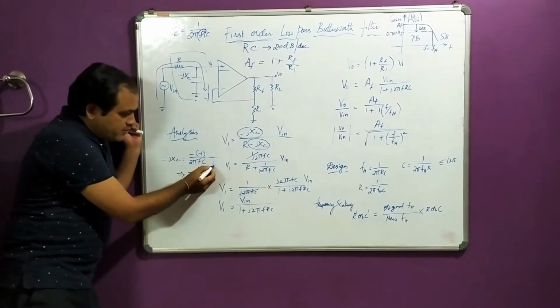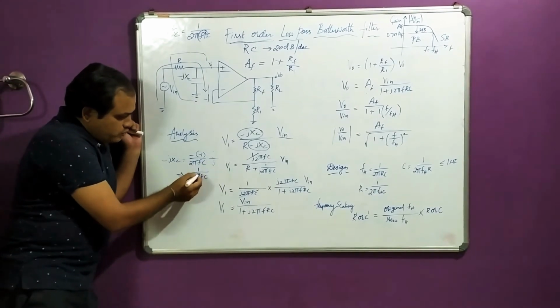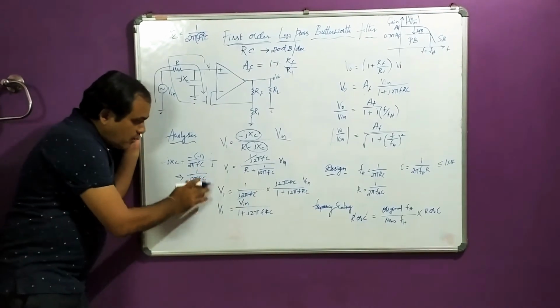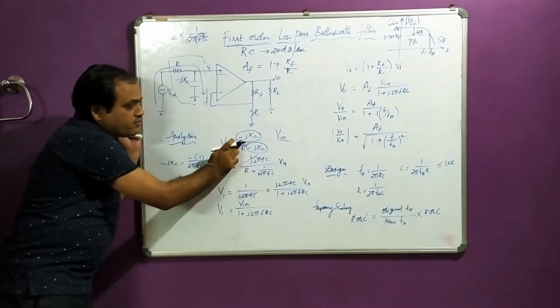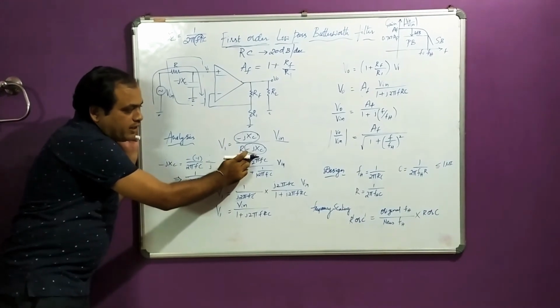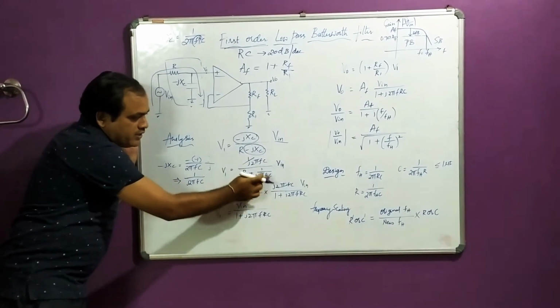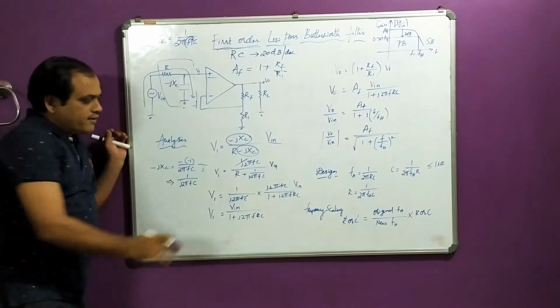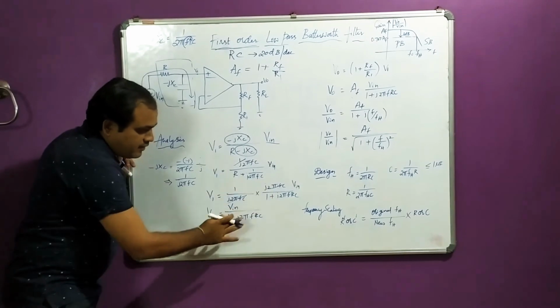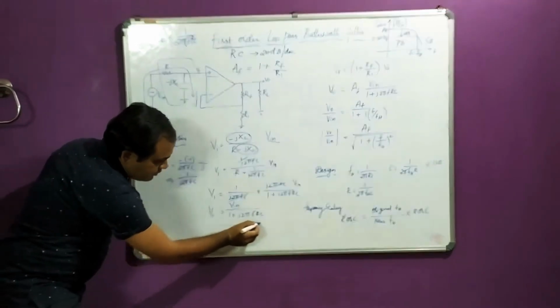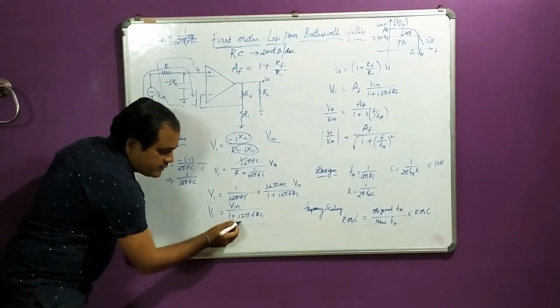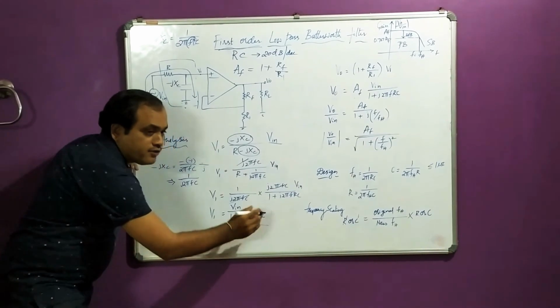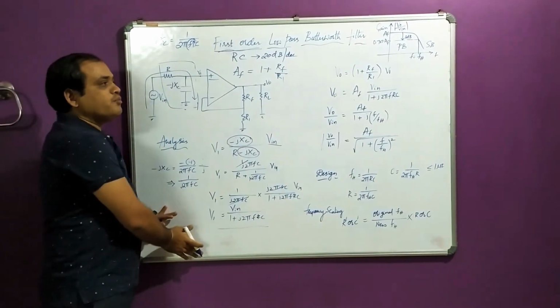Now divided by, you can observe, I have got the j term, 2 pi f C. This component is introduced in terms of minus jXC. I have written 1 by 2 pi f C as 1 by j 2 pi f C. You can observe this, right? Now I will cross multiply and cancel all those things. Finally I have got Vin divided by 1 plus j 2 pi f R C. This is at the input side.